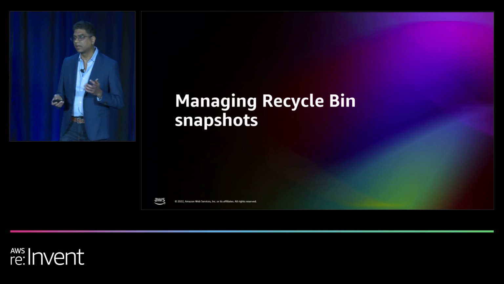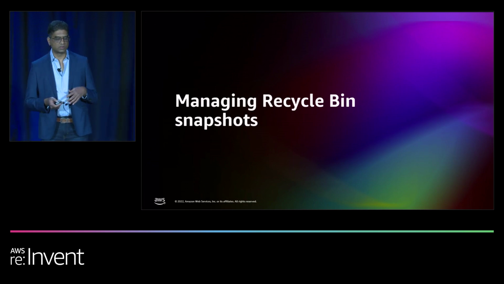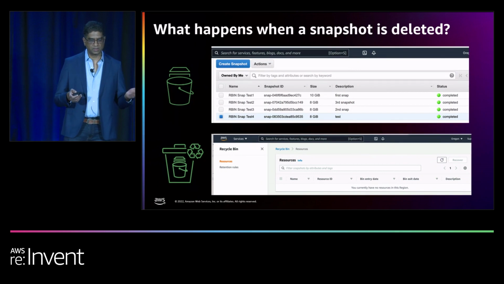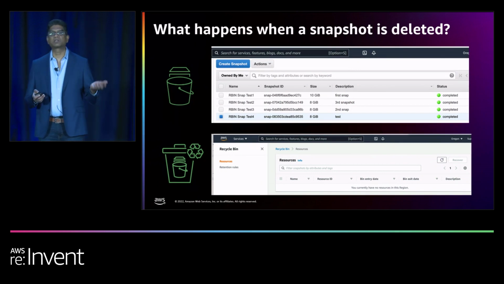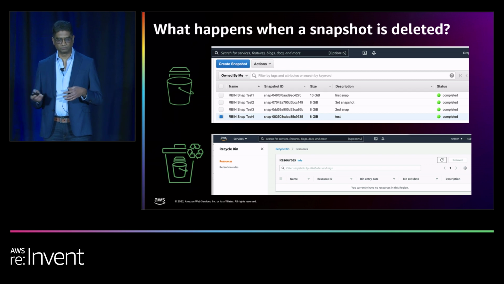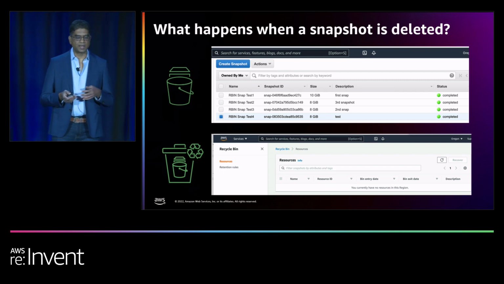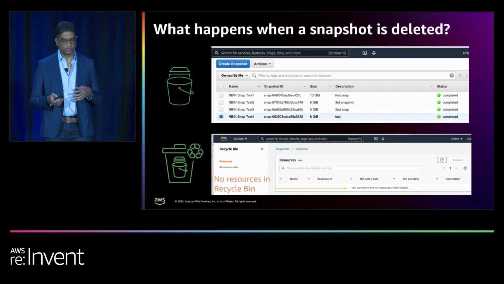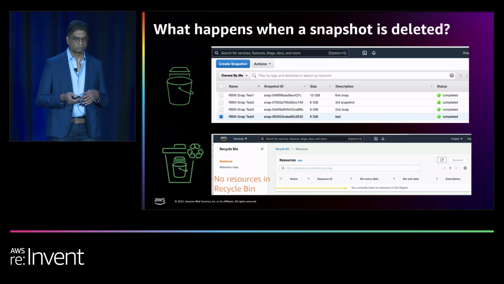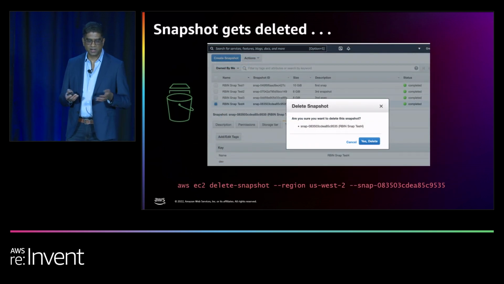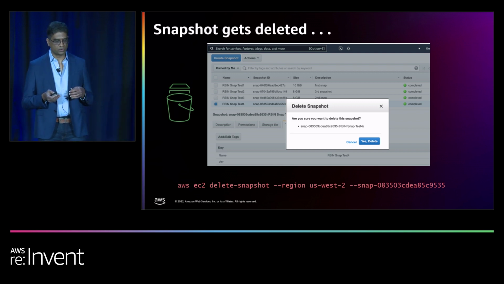Okay? Now let's look at how to manage the resources in the recycle bin. When you're managing resources across snapshots, you'll have to deal with both the snapshots console as well as the recycle bin console. In this case, I have a couple of test snapshots listed on the snapshots console above, and I have no snapshots in the recycle bin console. Now, let's assume I want to delete one of these snapshots. This snapshot has a tag of the dev resource tag. And once I confirm the deletion,